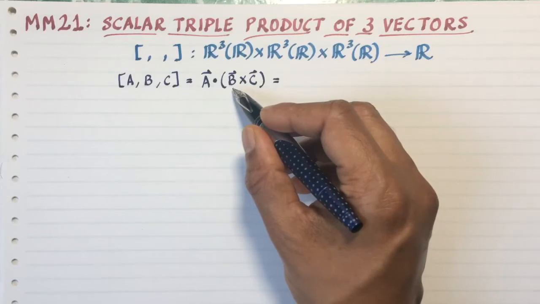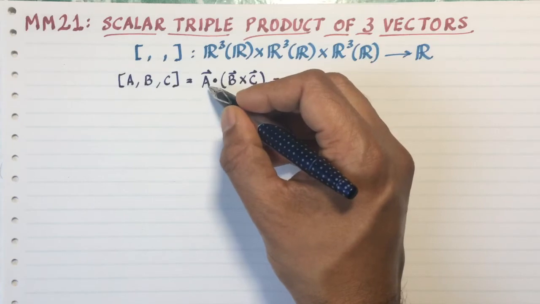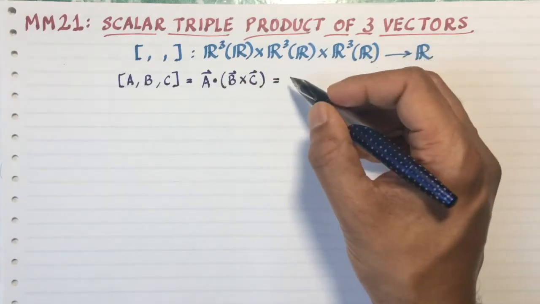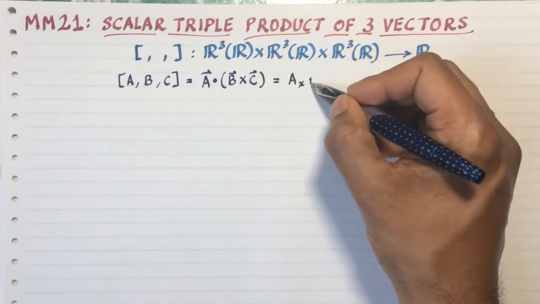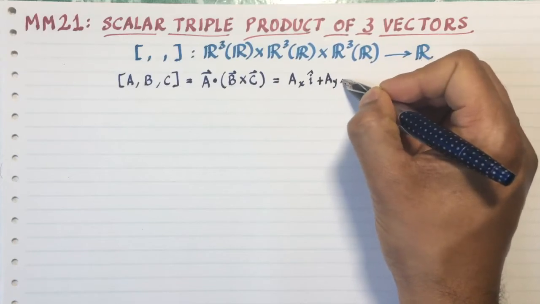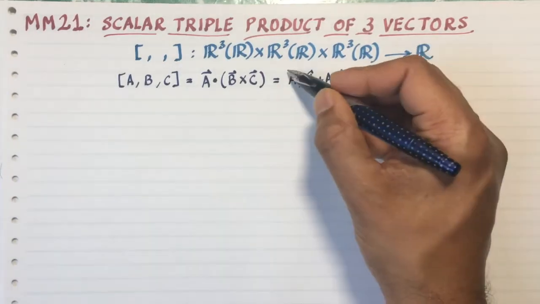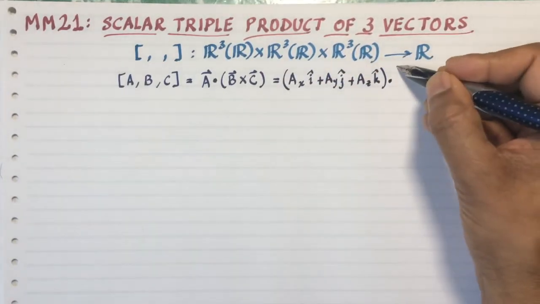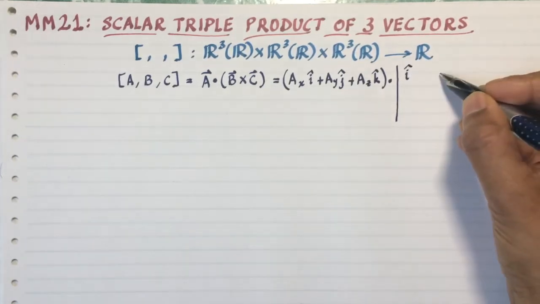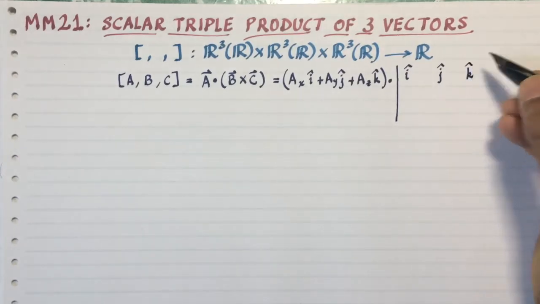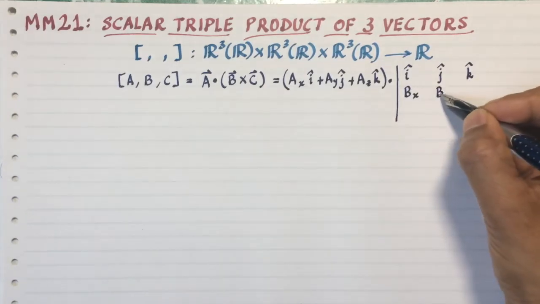Now remember our study of the cross product earlier. In the earlier videos, we talked about B cross C as being written in terms of a determinant. So assigning A components AX, AY, and AZ, I get AX I hat plus AY J hat plus AZ K hat dotted with B cross C, which I can write as I hat, J hat, K hat, and then BX, BY, BZ,